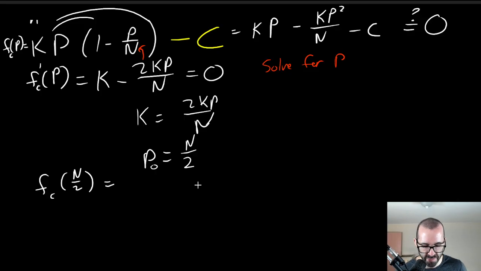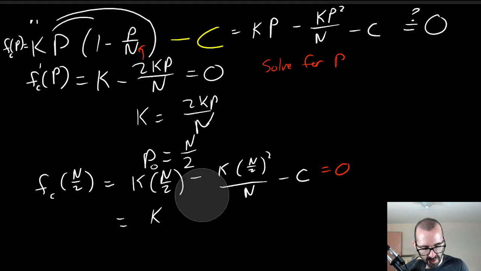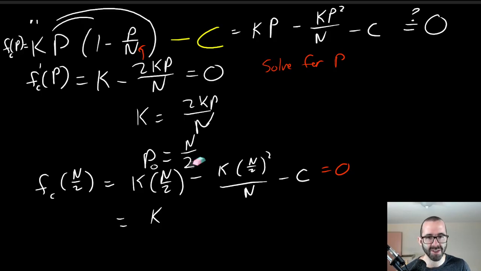We call it p naught. It's that equilibrium. So we evaluate this up here. We're going to get k times p, which is n over 2, minus k times p squared, which is n over 2 squared, over n minus c. And we want this to equal 0. So we simplify a little bit. Wait, this first one should not be squared. That's a typo. Oh, it's not squared. I'm just writing too close. This is just kn over 2. And one of the n's cancel,